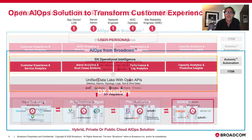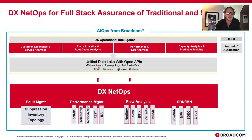So if we look into our DX NetOps network monitoring platform that is feeding this AOps engine, a unified portal composed of industry-leading fault management, performance management, and flow analysis for traditional and software-defined networking. So whether it's fault management, and that comes with alarm suppression,